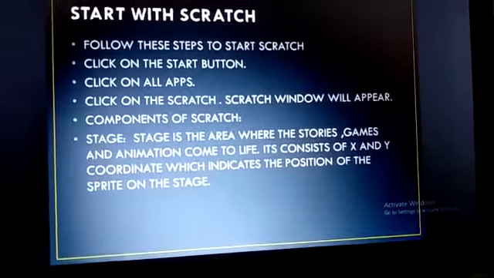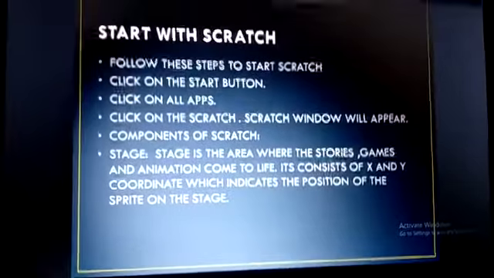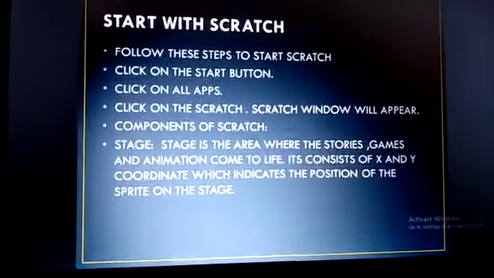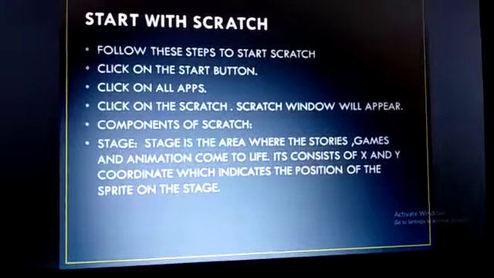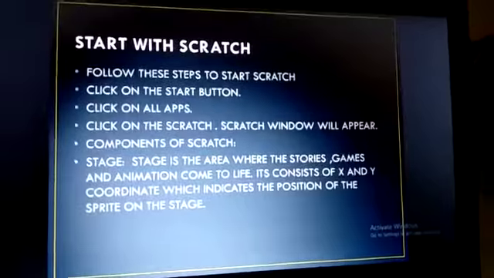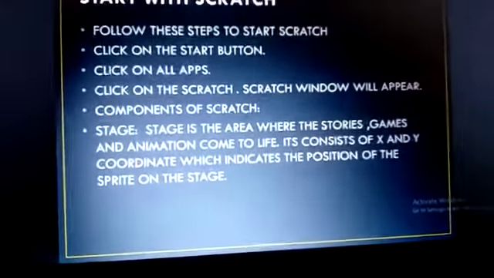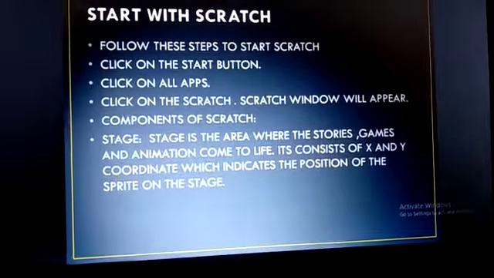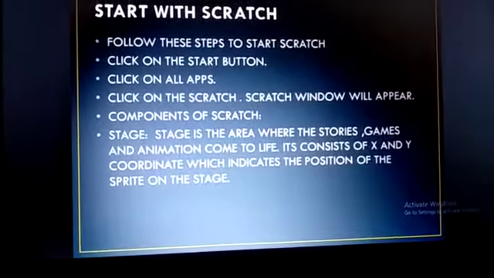Scratch window will appear. When the Scratch window appears, there are some components of Scratch. So first we will discuss the components of Scratch. The first component is the stage. Stage is the area where the stories, games and animations